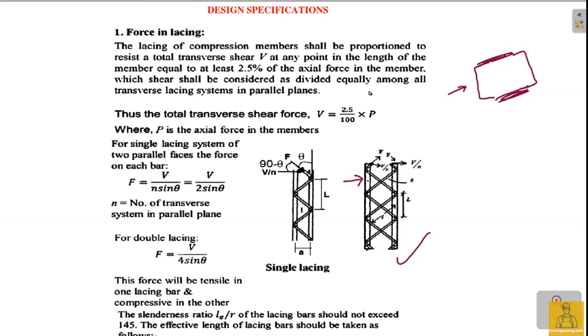So when a transverse force of Vt is acting on this column, of course the channel section on this way, see here, this is the plane of lacing. So the plane of lacing and load direction are going to be parallel, isn't it right? But because of Vt, a force which is acting on this built up channel section column, this stress is going to be transferred to the lacing bars through this connection, through these bolts.